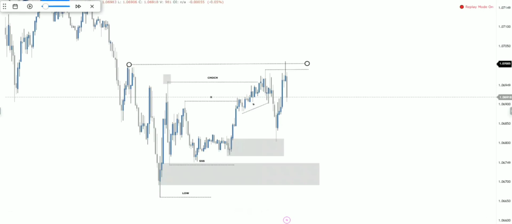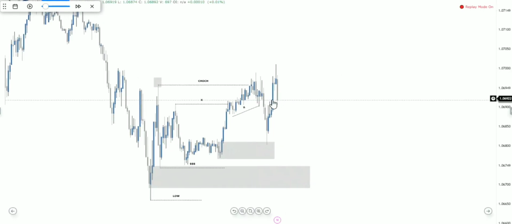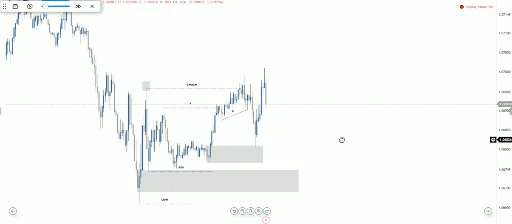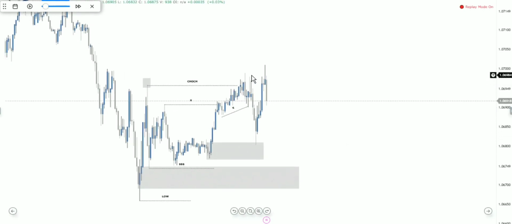So it's as easy as that, guys. I hope this was easy to understand. I hope I made it simple and easy for you guys to understand. Liquidity above becomes S, liquidity below is S, liquidity taken becomes X, right? So as you can see, liquidity below here has never been taken, so I'm going to leave that as S, and we are going to move on to the next